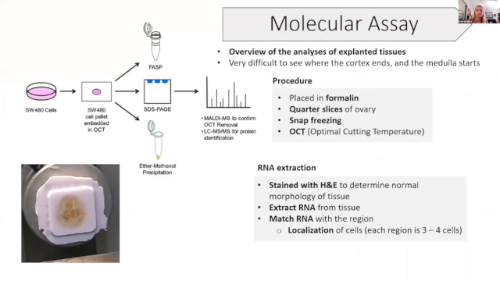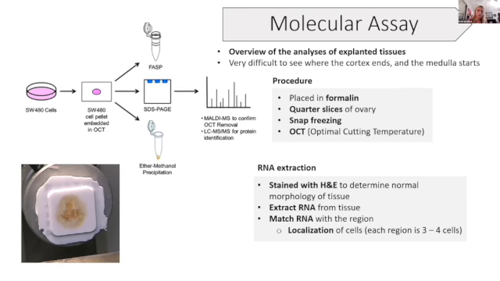Next, each of these sections, it's very hard to see where the cortex ends and the medulla starts. Each section is placed in formalin, and then quarter slices of the sections are created by taking it laterally and cutting them into quarters in sort of a clockwise motion. Then each piece is put through a process called snap freezing, which is the rapid cooling of the tissue for